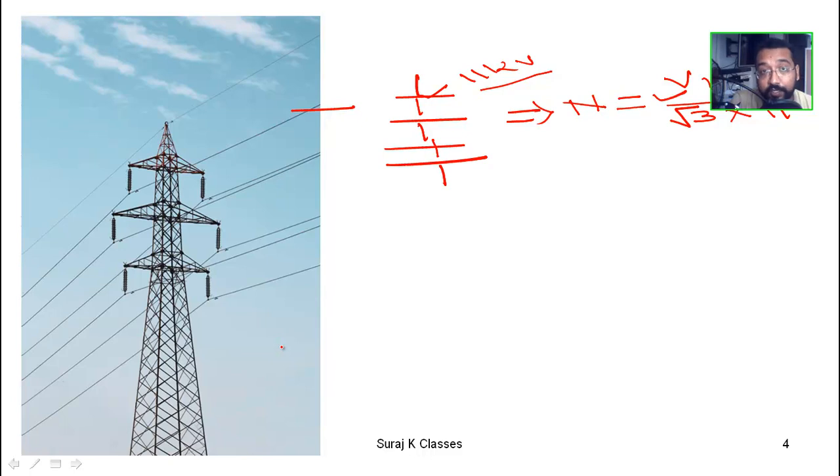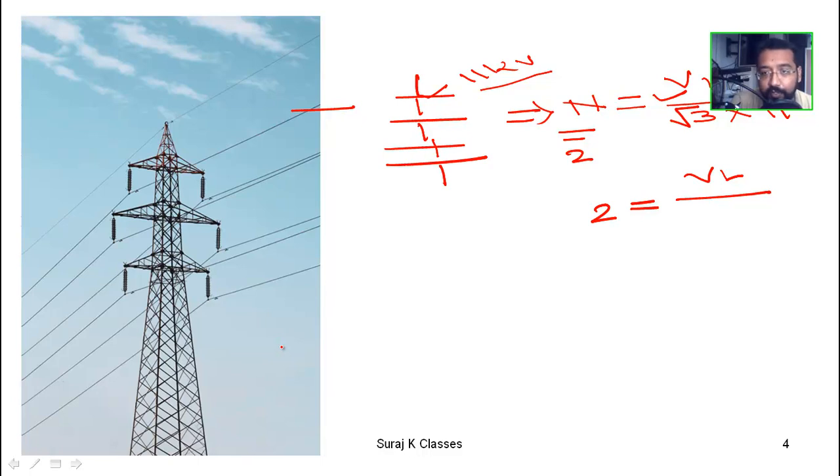Now let's suppose there is a single disc, or two discs. If there are two discs, then N is equal to 2. You want to find out VL, that is, the transmission line voltage. Actually, I have never seen a tower with just two discs, but let's suppose there are two discs, then